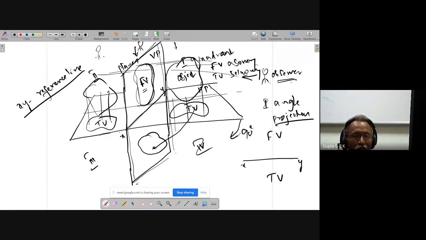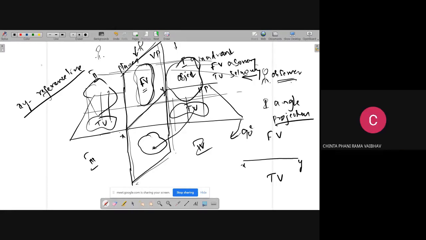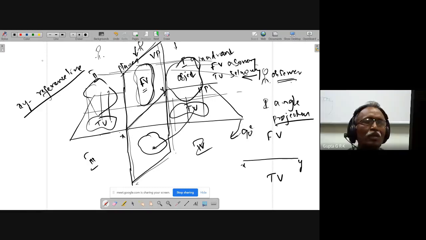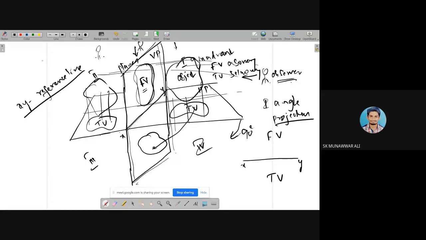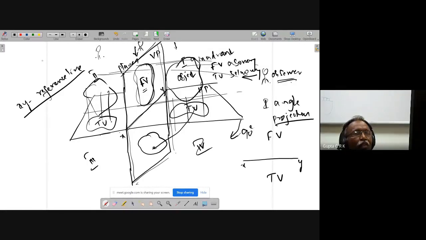come above XY. Sir, here if you rotate anti-clockwise, then no? That convention we follow, right? You can rotate VP or HP, clockwise 90 or anti-clockwise 90. Anyway, you can rotate, but we keep a convention that the horizontal plane is to be rotated 90 degrees clockwise. And sir, is there any rule that front view should be on the top and top view on the bottom? We will see that, we will discuss that.